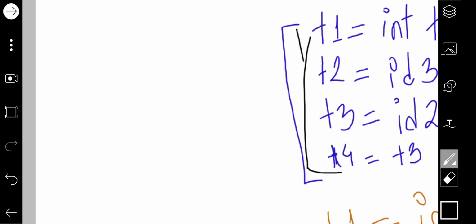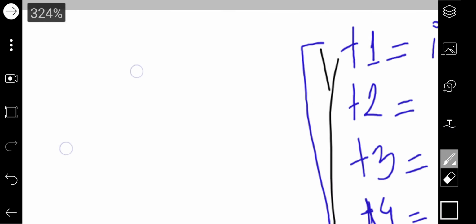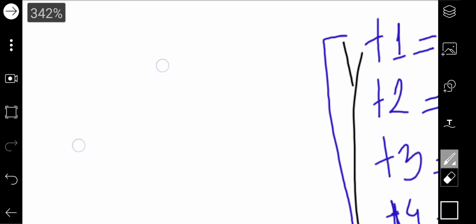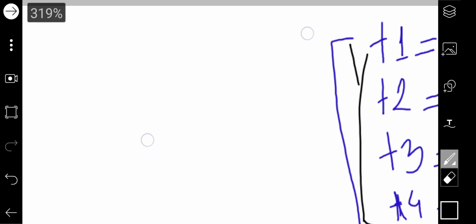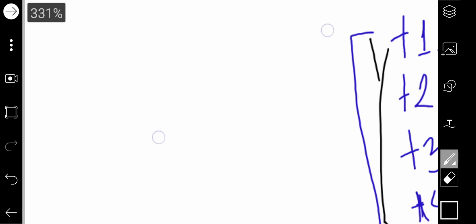The first step here is that you have to bring the ID3 into some memory, because the first thing here is ID3.